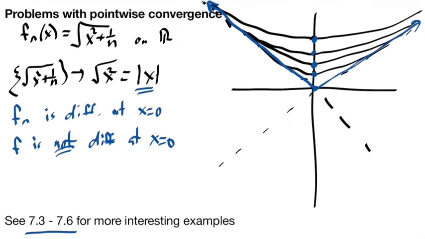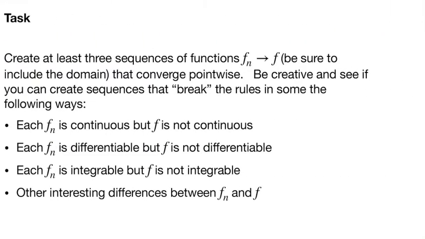Okay, so it's pretty clear from these examples that pointwise convergence is not the way to go. So we need a better way of defining convergence if we're going to do anything with it. And the answer is uniform convergence. This sounds like uniform continuity, and that's because the definition is quite similar. So let's look at our definition. Our definition looks like this. fn converges to f uniformly on some set E